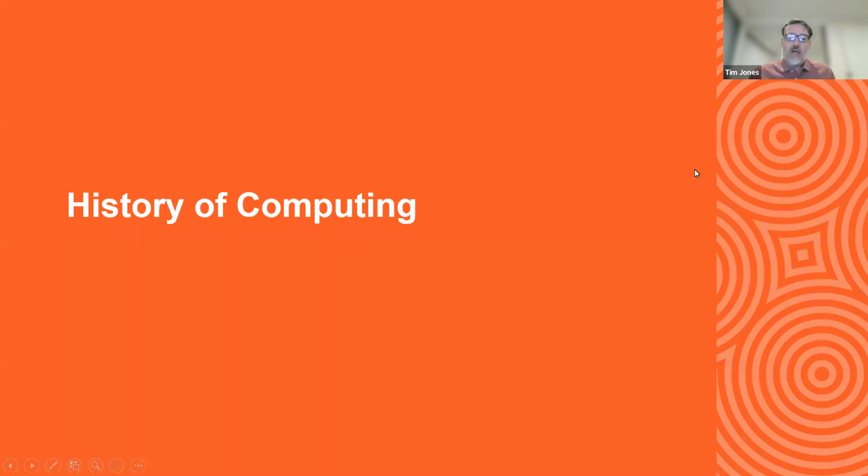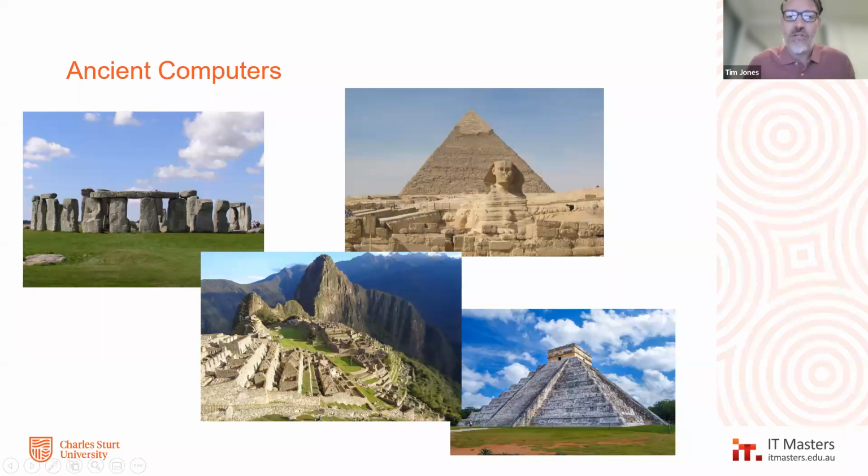So first of all, one of the first things that was available to people was what we would term as ancient computers, the ability to basically work something out on a regular basis using monoliths or large buildings that were set on particular directions based upon north-south, or being able to, in many cases, do things like detect when the spring or autumn equinoxes occurred to help with the planting of crops, etc.